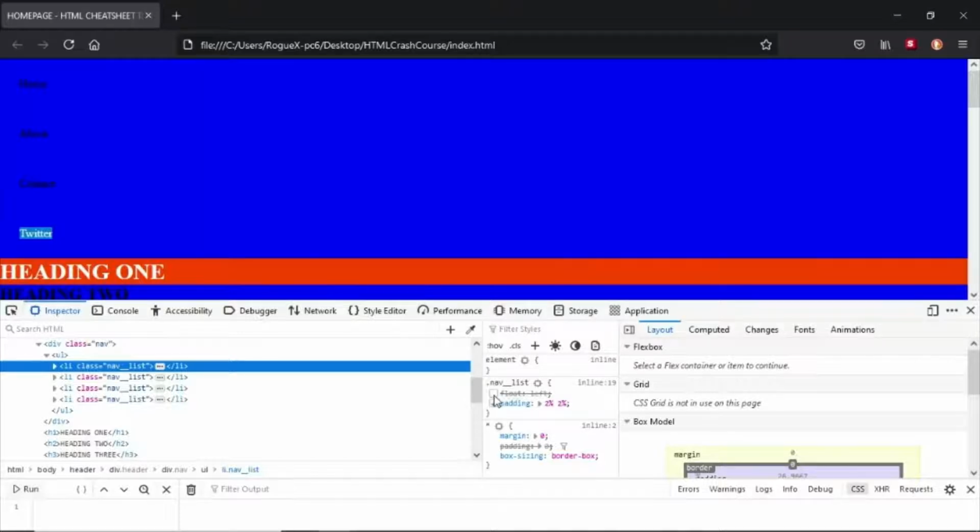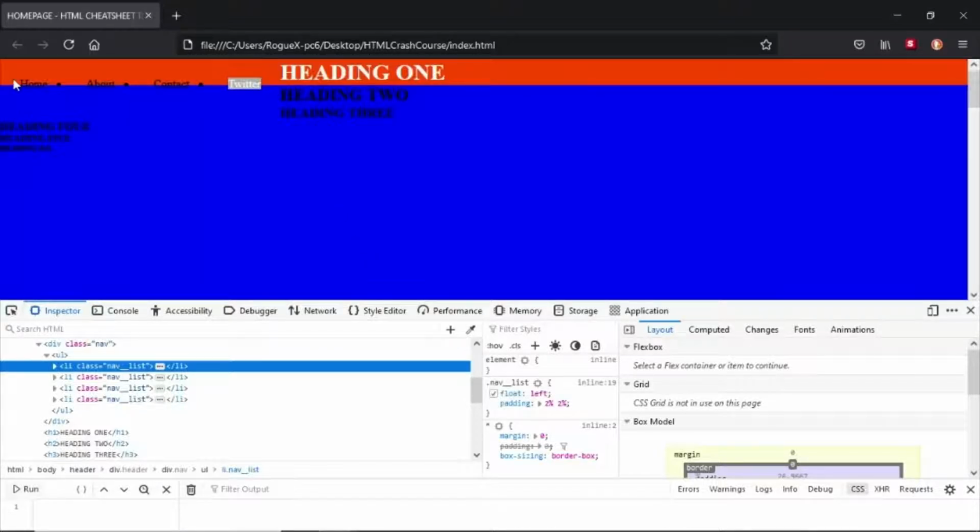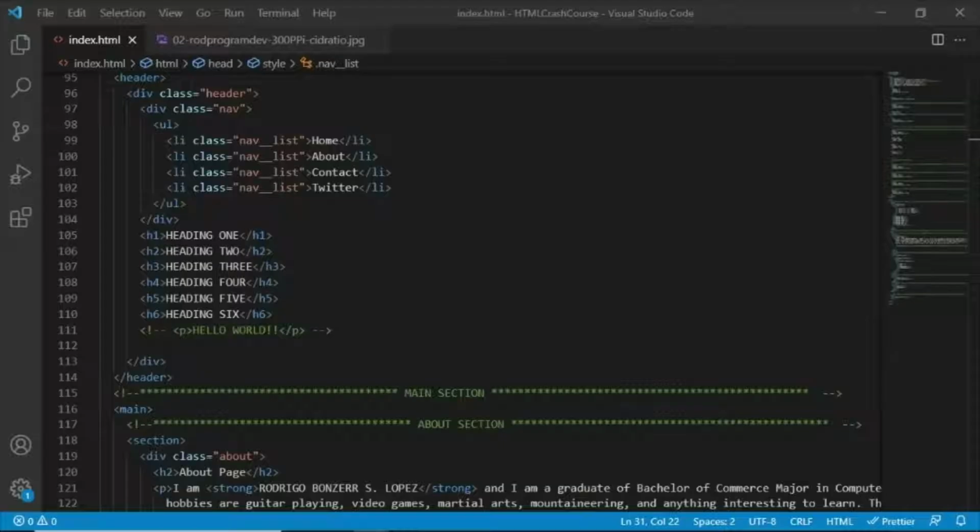However, we played around with the property of the nav list item. This is the class name that we have given the list items here, and we targeted all of the list items. That's why they are all floated to the left side. Now what I want to do here is go to our code editor,